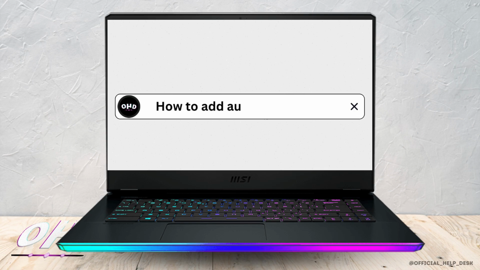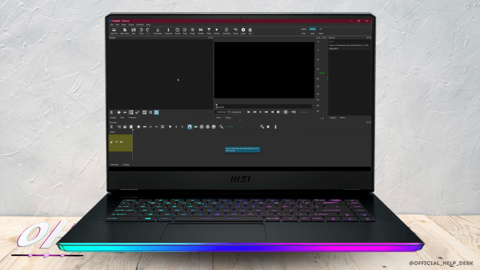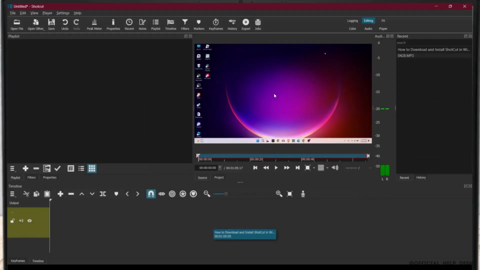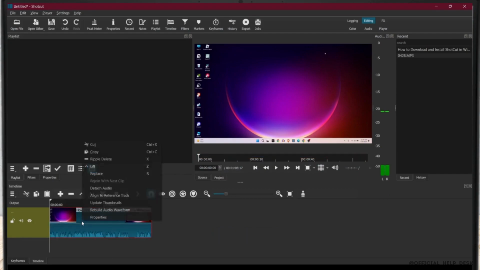How to add audio in ShotCut Video Editor. Let us suppose that we have a video file here and we want an audio file for this particular video. So in order to do that, simply drag this video to your timeline and unlink